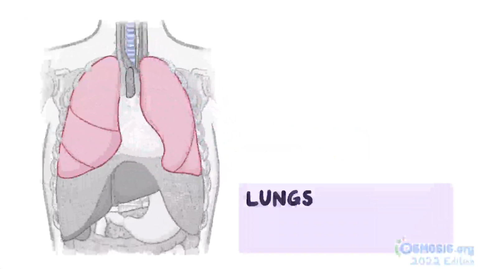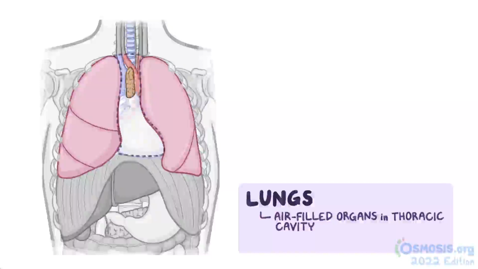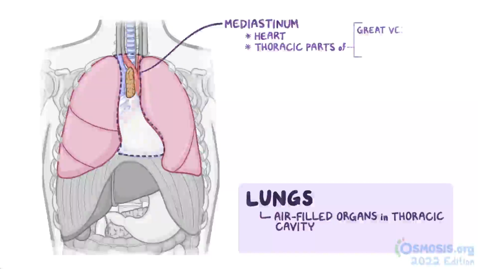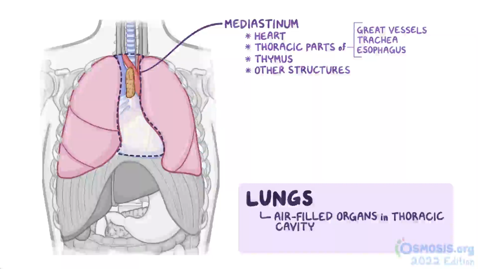The lungs are a pair of air-filled organs located in the thoracic cavity on the left and right side, separated by a central mediastinum, which contains the heart, thoracic parts of the great vessels, thoracic parts of the trachea, esophagus, thymus, and other structures. It's also important to notice that the heart is turned and extends towards the left side of the thoracic cavity, imposing on the left lung markedly more than the right, so the anatomy of the two lungs is not completely